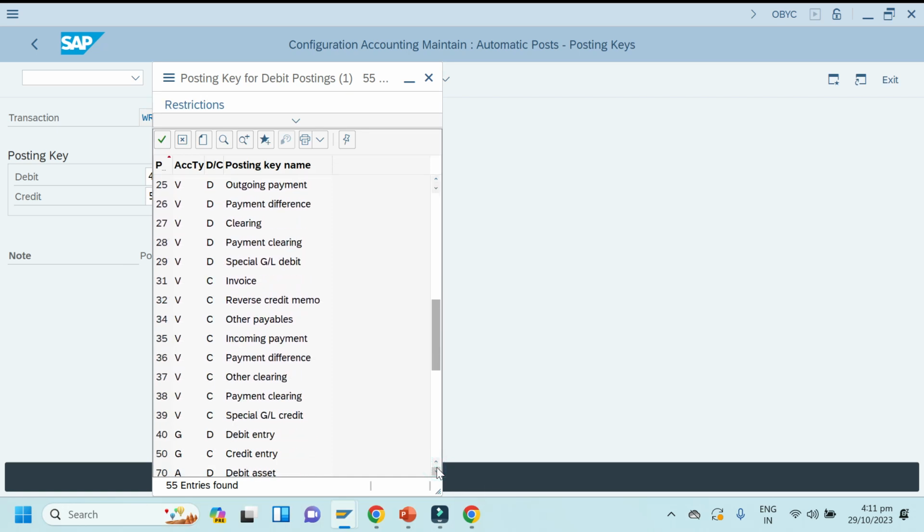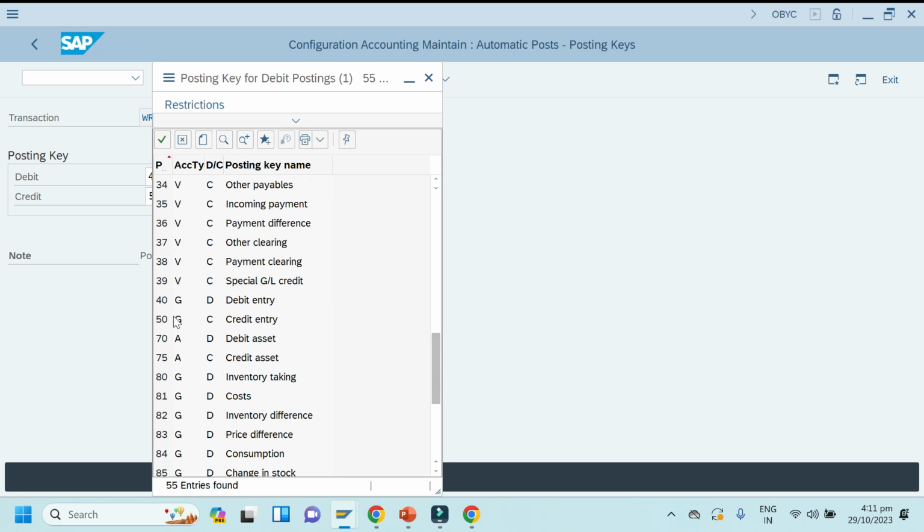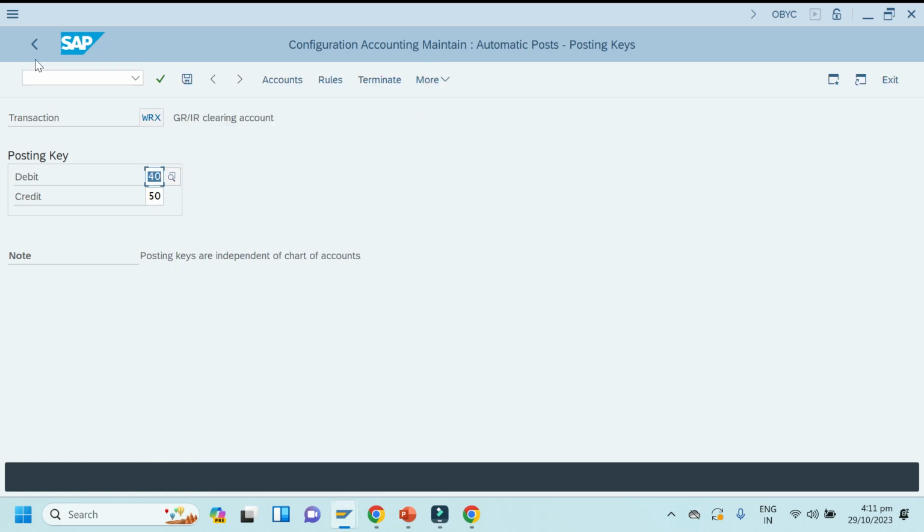You can check. You can see here we have like 40 is for debit, 50 is for credit, 70 is for debit, so we can give 70 also. Okay, but I am not disturbing here because it is not required. If in real time the business asks, you can change it, but this is not part of basically MM actually. This is done by FI actually. Okay,